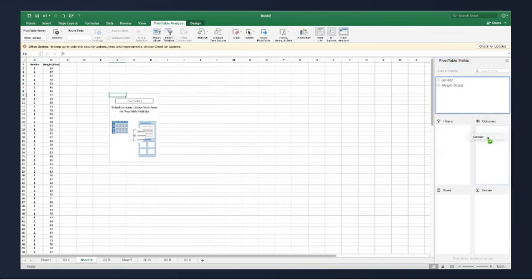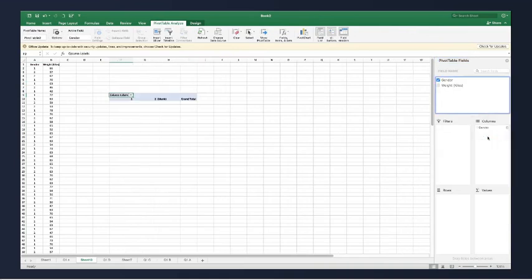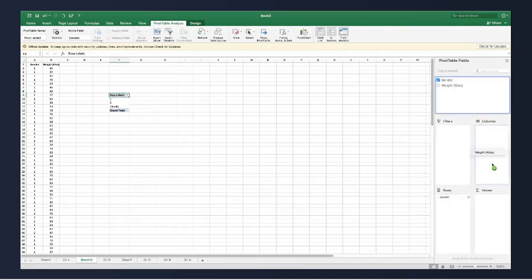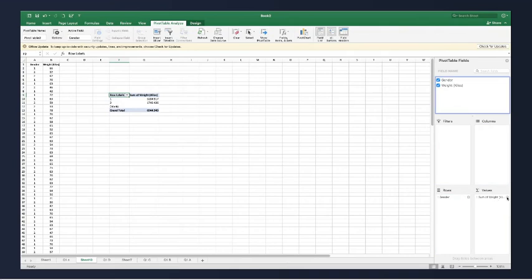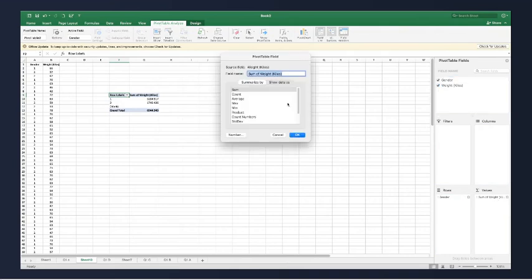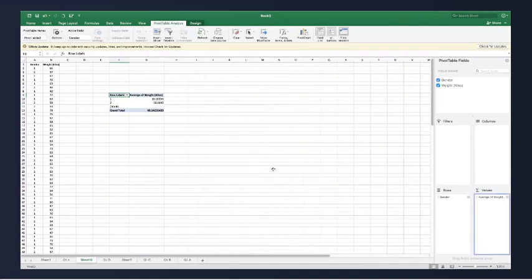So I'll put gender in columns. Let's put gender in rows, right? And weight in kilos here. Now you can see average, right?